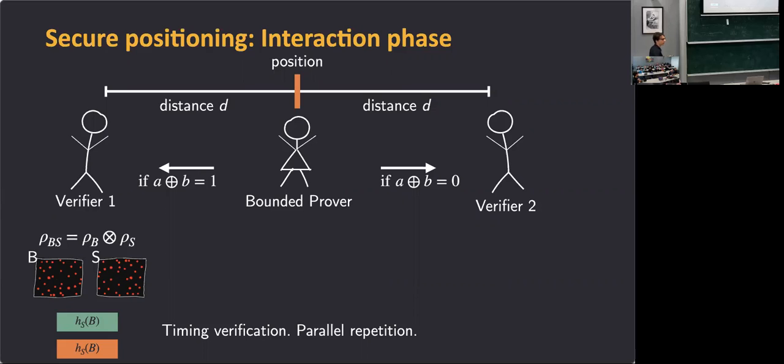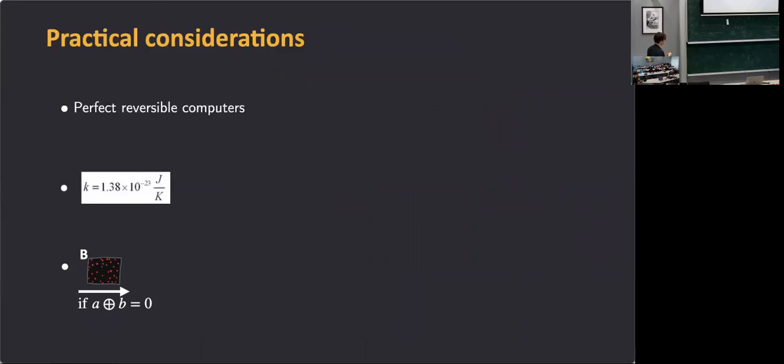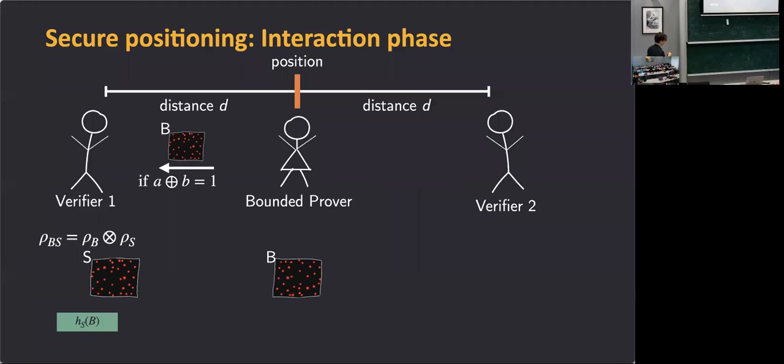Sorry, I didn't understand the protocol, but does it mean that this verifier in the middle, sorry, the prover in the middle needs to XOR these big boxes together? No. Maybe it's obvious for some of us, but maybe not for all of us. What is the purpose of position verification? You didn't say what you're trying to achieve. Someone doesn't know the conundrum of position verification and has no clue what you're doing. Yeah, the purpose is to verify that the prover is exactly in the middle.